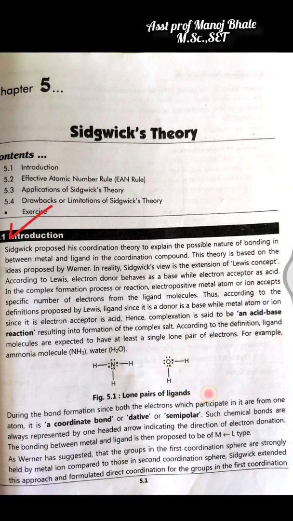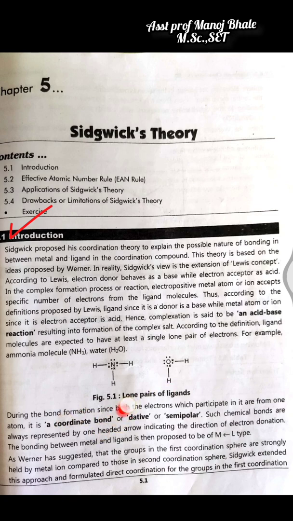In the introduction, ligands have lone pairs, and the metal is placed at the center of the complex. Generally, complex formation is an acid-base reaction, and there is formation of a complex salt, which we saw in the last lecture. Ligands act as a Lewis base, and the central metal acts as a Lewis acid. That means ligands have basic nature, and these are the two examples given there.